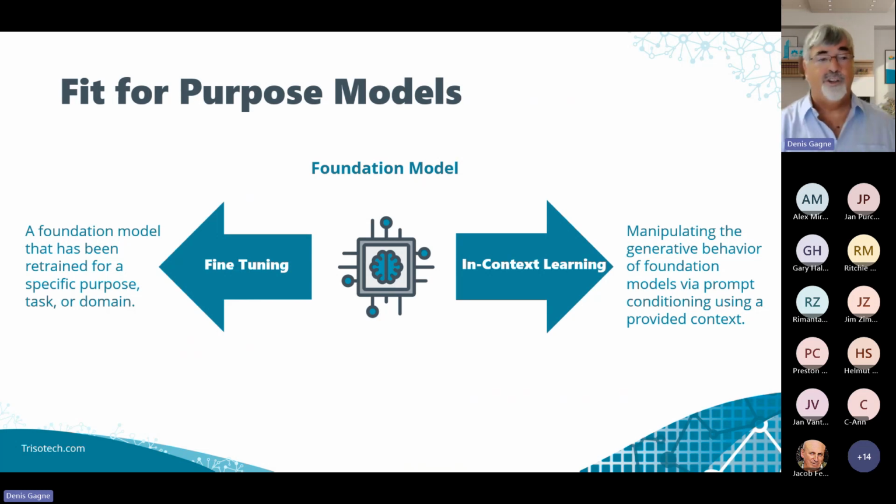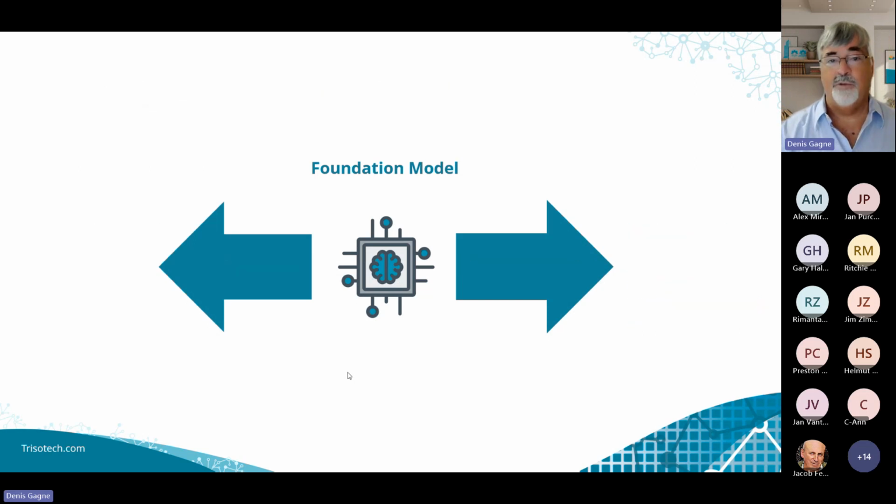But then you can do some fine-tuning. You take your model and retrain it to be better at a particular task or domain, and specialize the model. There are, I was going to say hundreds, but it's now in the thousands. If you go to Hugging Face or other places, there are so many different models and fine-tuned models available. On the other side, there's what's called in-context learning, which is what most people have been seeing and using, which is basically trying to manipulate the behavior of the model via prompts and conditioning. So I'm going to get onto that side, which is mostly what I'm looking at and what I've explored.